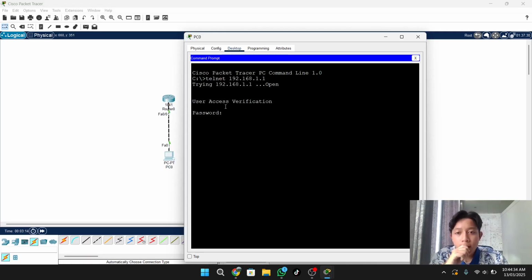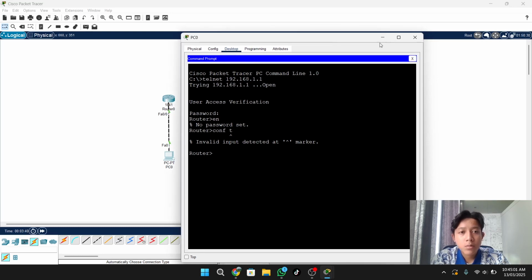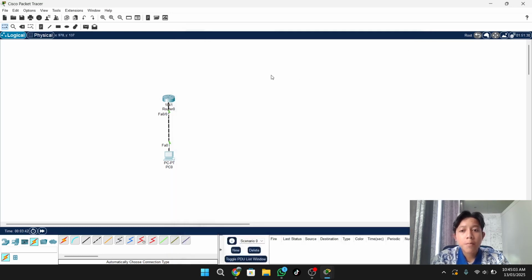Now, after that you can enter your password, for example Cisco123, and after this your remote is successful, and you can configure your router by PC using Telnet. Okay.